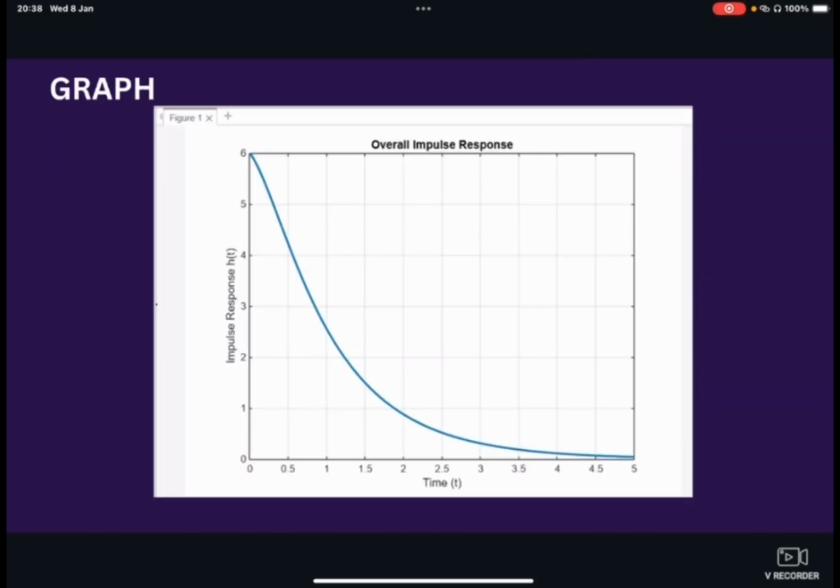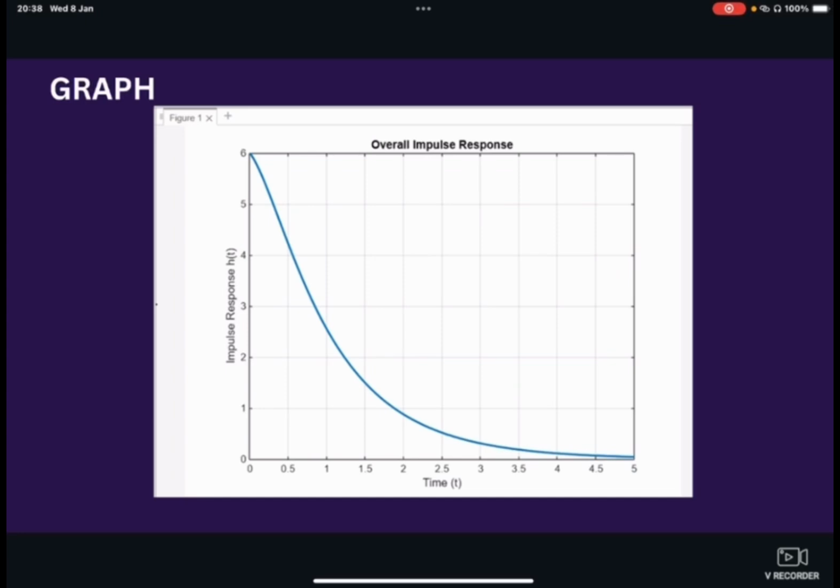So here is the slide generated by the MATLAB. This graph is a combination of the three exponential terms of e negative t and e negative 2t and exponent negative 3t. So the 6 exponent negative t term dominates initially because its decay is slower, and the 4 exponent negative 2t and 4 exponent negative 3t terms contribute more as time progresses, causing the curves to